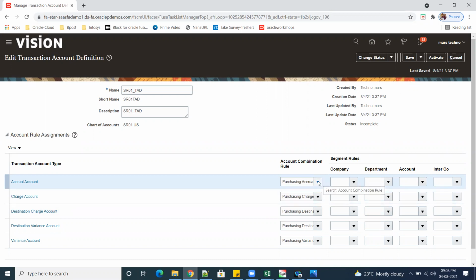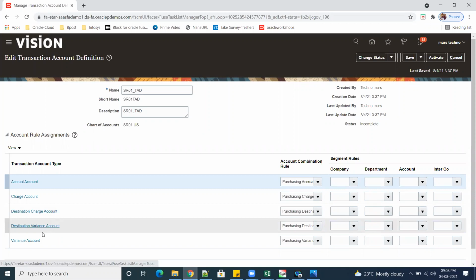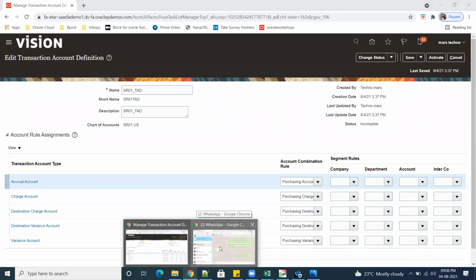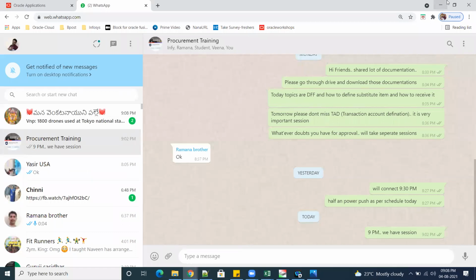However many segments you have in the COA, that many you can see here. First, these are the 5 accounts needed for procurement: accrual, charge account, destination charge, destination variance, and variance account. Okay, just one, hold on. Okay, sorry.